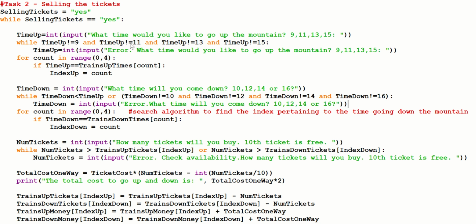If it's not equal to 9, or not equal to 11, or not equal to 13 or 15, any one, then this would continue. But in this case it said and, because it's not equal to all of them. So while it's not equal to all of them,